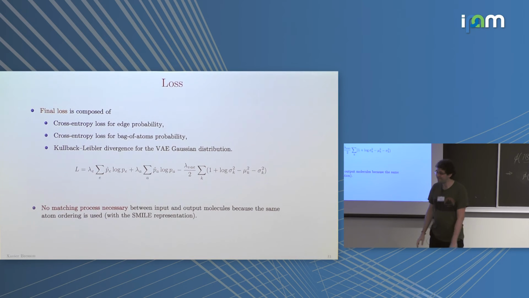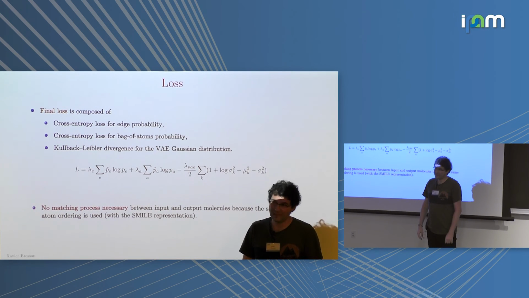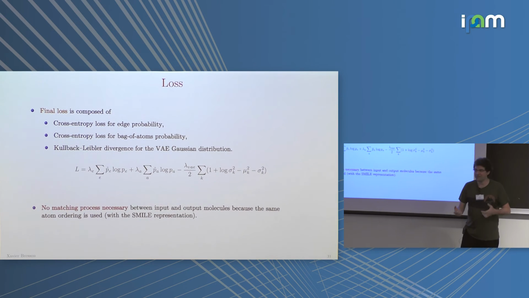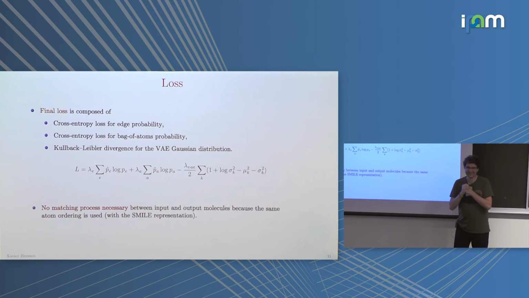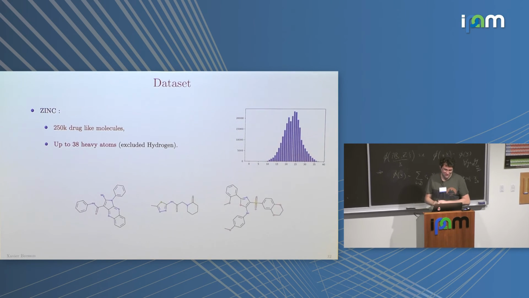Can you speculate about using something other than the SMILES feature representation? Yeah, exactly. So in some sense, you should. But even that, I mean, you will not solve this problem. The problem of matching is that you want your matching process to be independent with respect to the reparametrization of your molecule in some sense. And that's very hard. That's very, very hard to do. Yeah. So it's just one trick here to make it work.